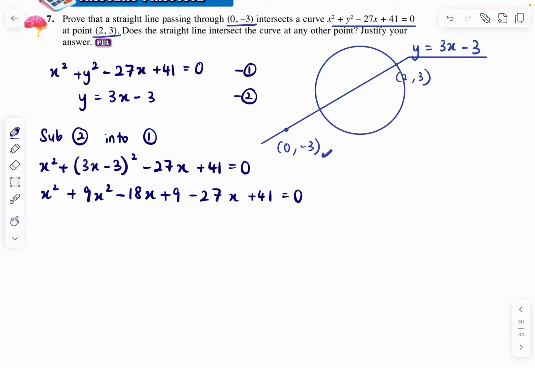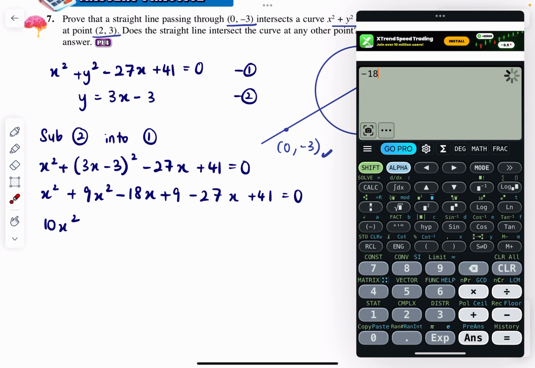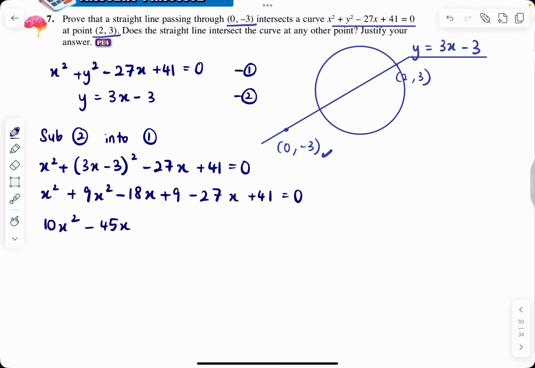Alright. Then the x squares we can add up. So this will give us 10x squared. Negative 18 minus 27, negative 45x, and then here will be 9 plus 41, which is 50,